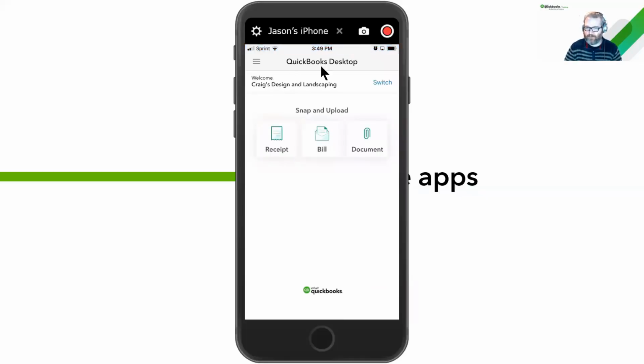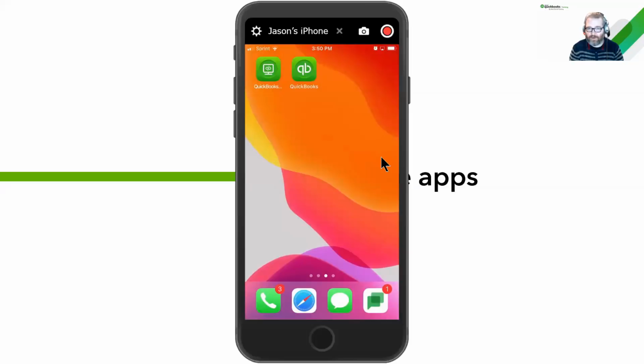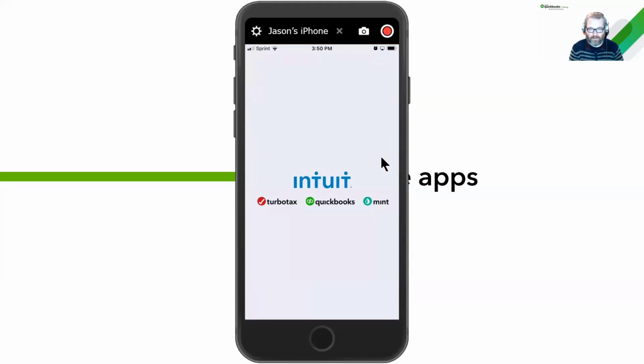So QuickBooks Desktop says it right up there at the top. We can enter receipts. It's cool. Take pictures of receipts. You can upload and take pictures of bills. Cool. And you can also attach documents. It's good. It works really well. I wrote a how-to video on it. And it works really well. So I've got nothing bad to say about this app. I like it a lot. And it's really nice to see that Desktop got one. But I can't help but draw a pretty stark contrast between it and this app, which is the QuickBooks Online